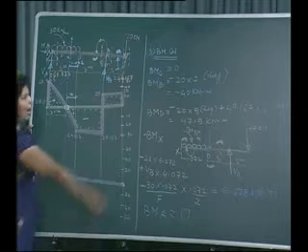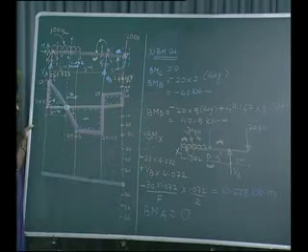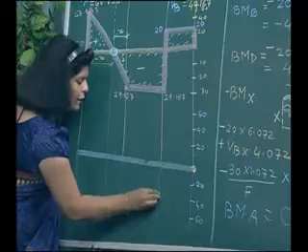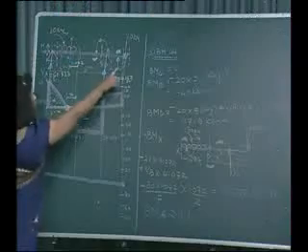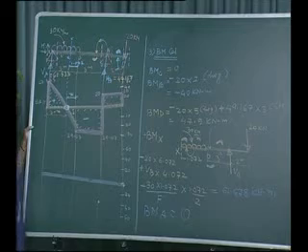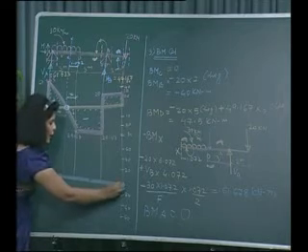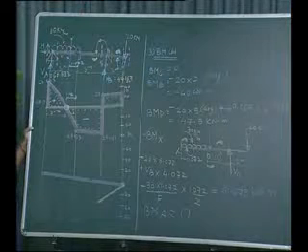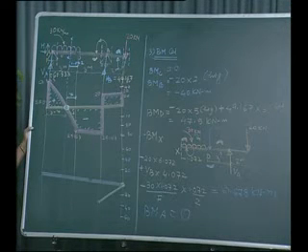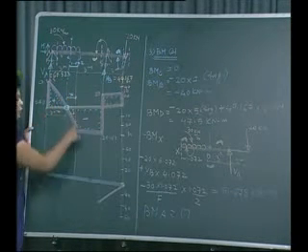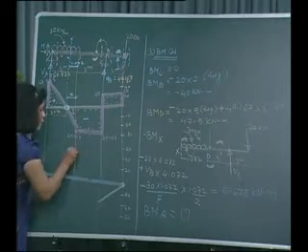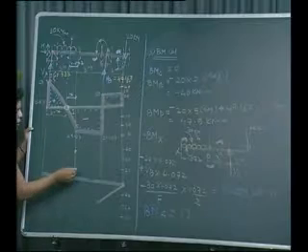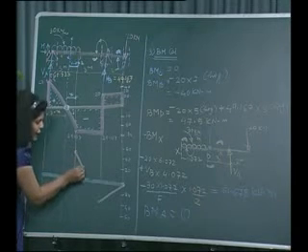Then bending moment at point B, it is minus 40, so I have to go below the baseline at point B, minus 40 somewhere over here. What is the loading between point C and point B? There is no loading, so it will be an inclined line. Then bending moment at point D, it is positive 47.5, so at point D 47.5 somewhere over here. What is acting between D and B? Again no load, it will be an inclined line.